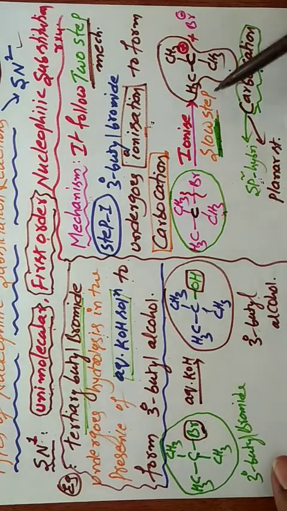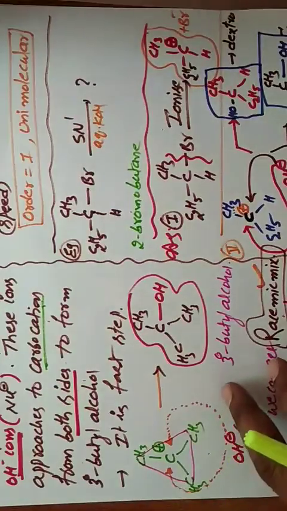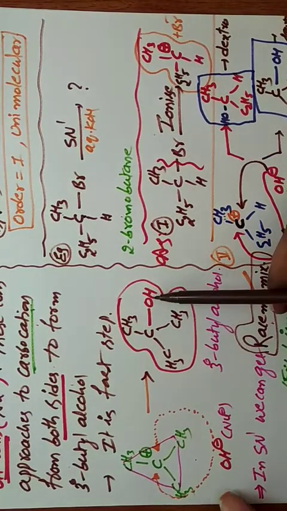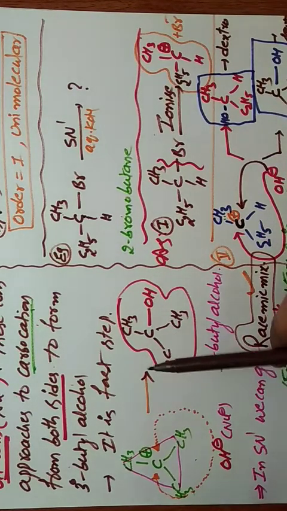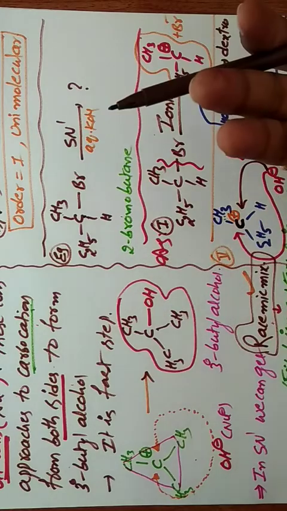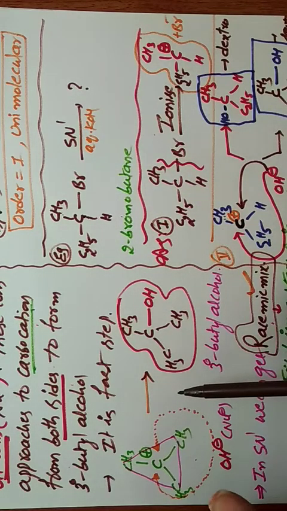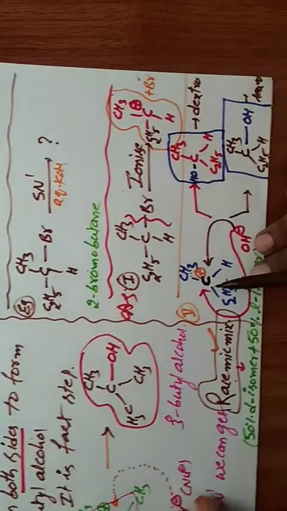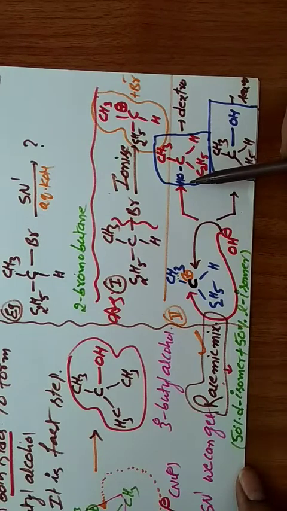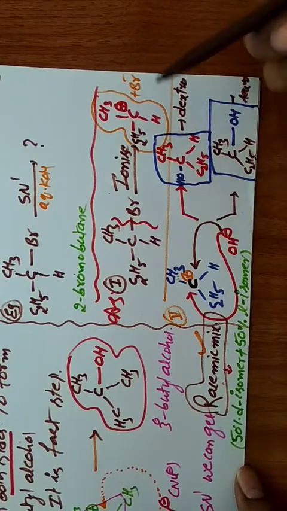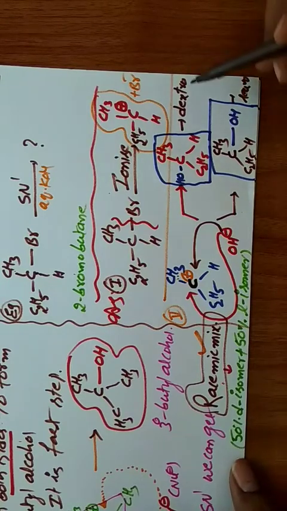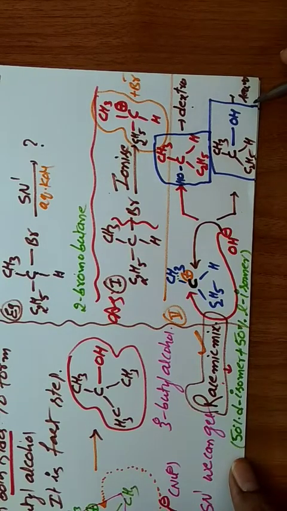But whenever an asymmetric carbon is there in the alkyl halide, the left side OH acts as dextro or levo, and the right side OH acts as the opposite. If one acts as dextro, the other is levo. We get the racemic mixture. Racemic mixture means 50% D isomer and 50% L isomer. So this is the complete information about the SN1